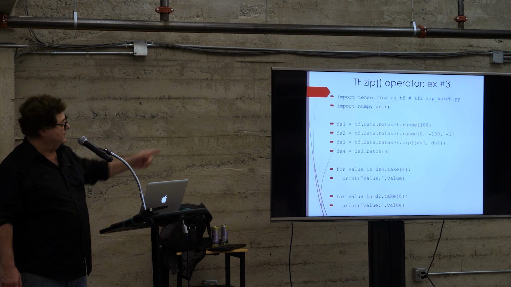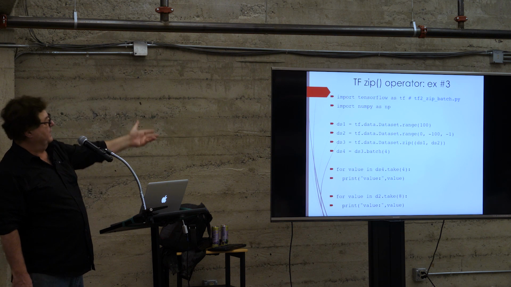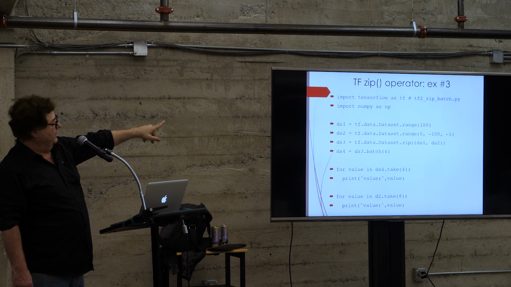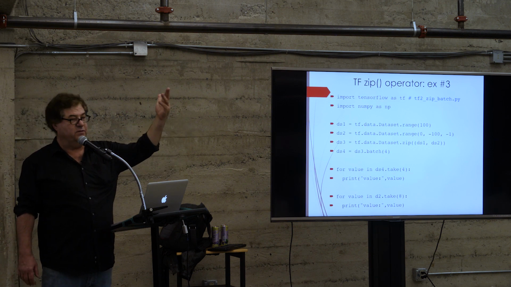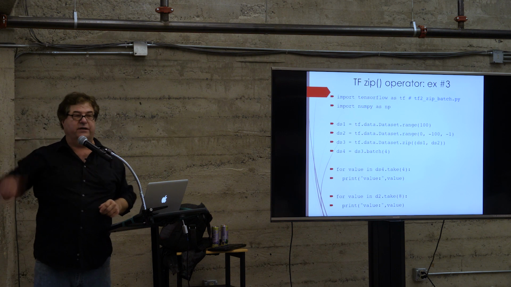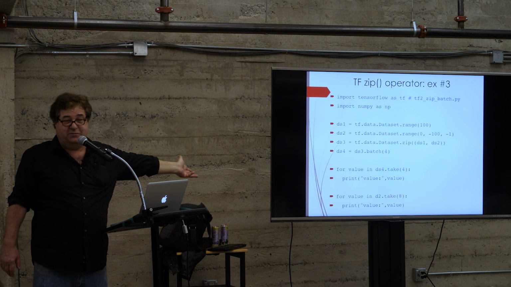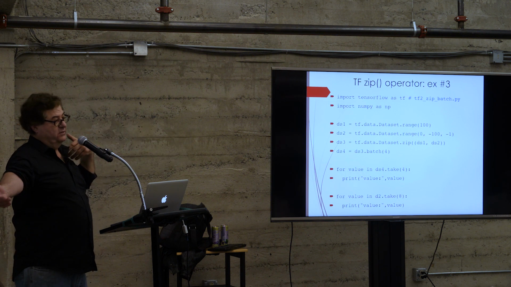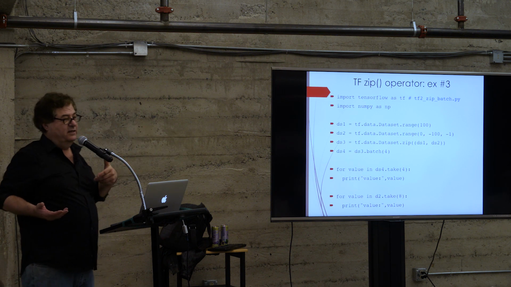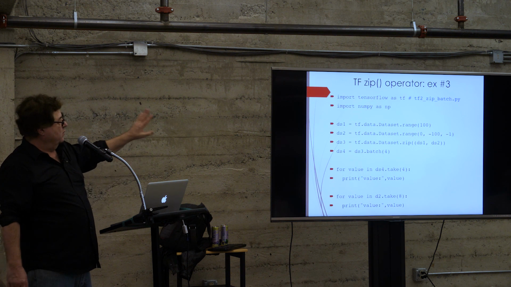Let's take a look at this one. What does this one do? Well, it's another zip and a batch of 4, but look at the range. It's going to be the numbers from 1 to 100. What's the second one going to be? It goes in the other direction. Nothing wrong with that. I'm not sure when you would actually do something like that: the positive integers and then the negative on the other side. Zip them together, well, just to see what happens. But it's going to work.